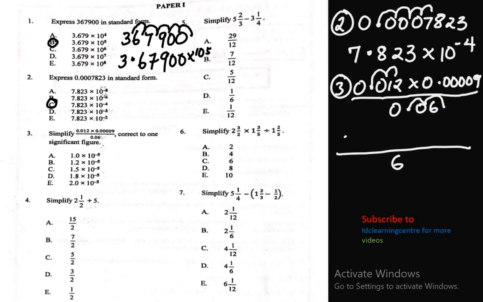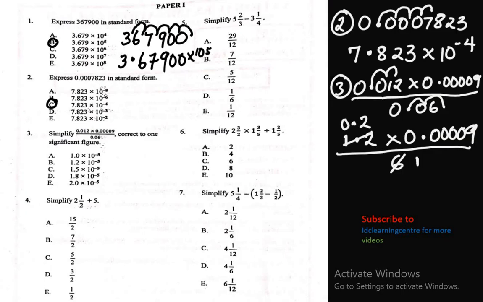Since we moved 2 places in the denominator, in the numerator we'll move 1 and 2. So the first number will become 1.2, because I moved the decimal point 2 places. I'll get back what I have here, which is 0.00009. Okay. Now at this point, 12 can be divided by 6. So ignore the decimal point. 6 into 6 is 1. 12 divided by 6 is 2 times. Now, since there's one decimal point here, you just put one decimal point here. So I'll have 0.2 times